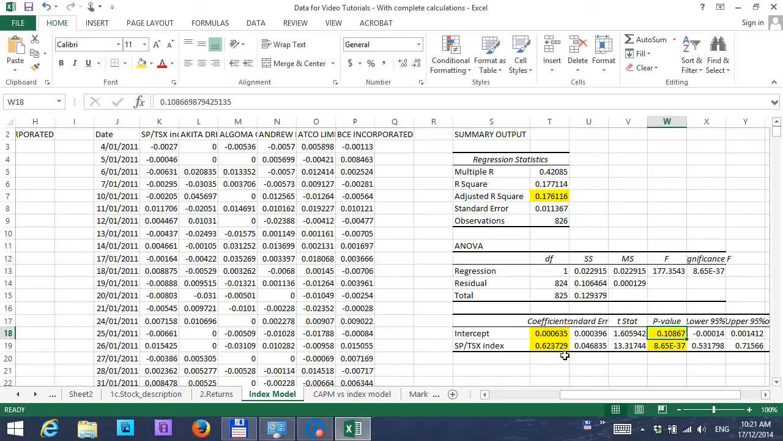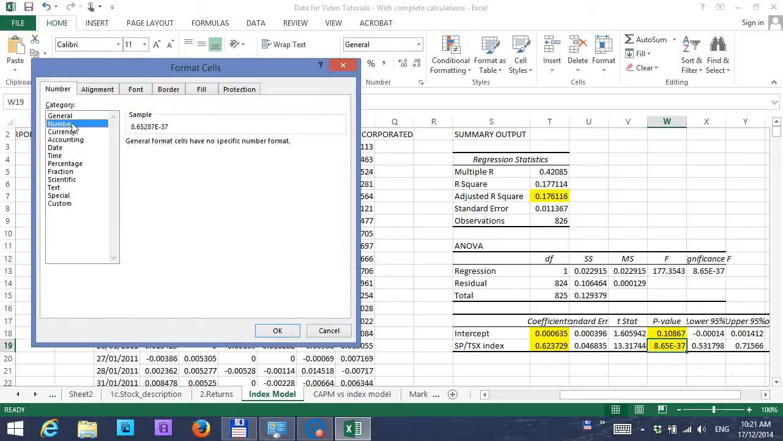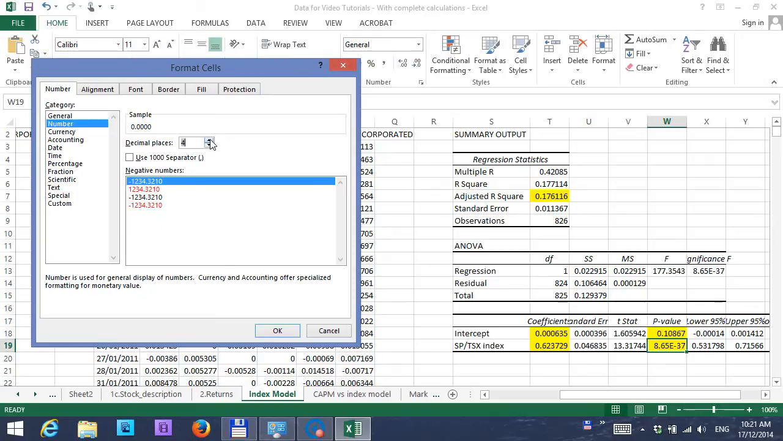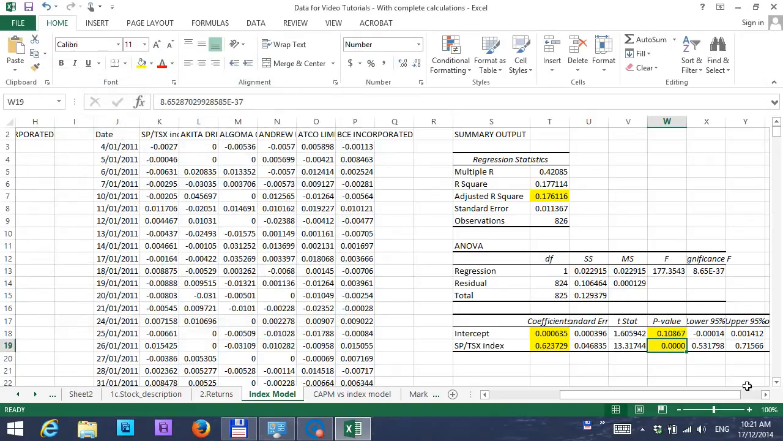The beta estimated is 0.62, and this beta is significant. The number represented here is in scientific format, so it's best to convert it to a normal decimal representation. So essentially the p-value for this estimate is 0, which means that the beta estimated in the amount of 0.62